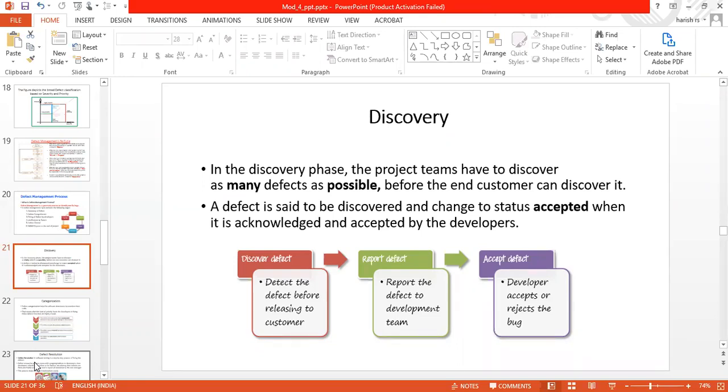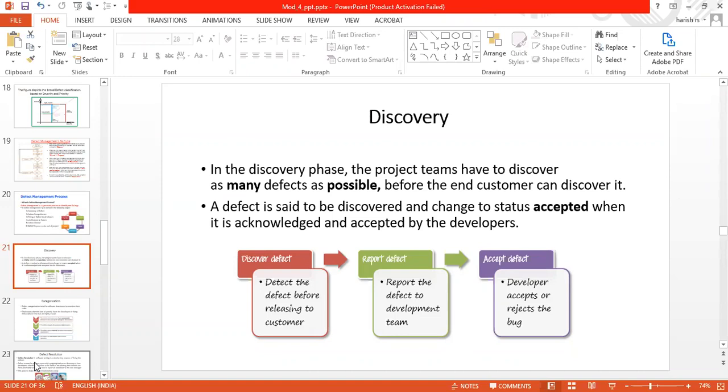What are you going to do? The test manager will hand over that product to the development manager, and the development manager will give it to the development team to rectify and fix those errors. That team has to accept that whatever defect was found or discovered is a defect. That acknowledgement they have to give.